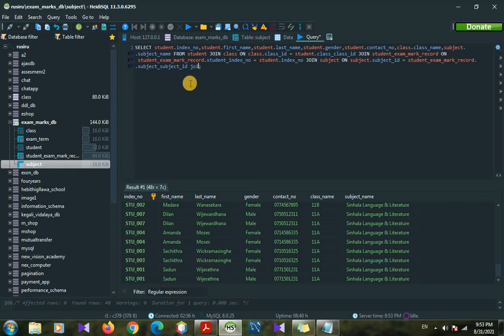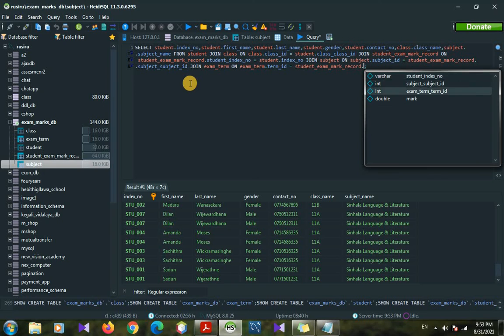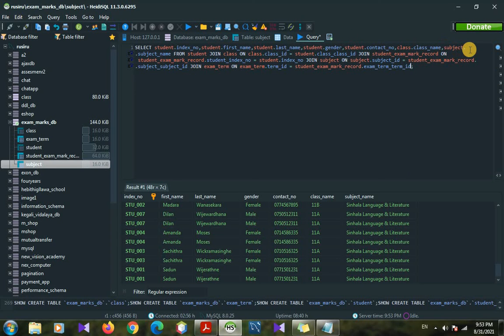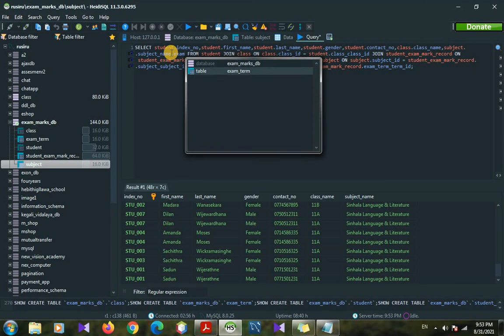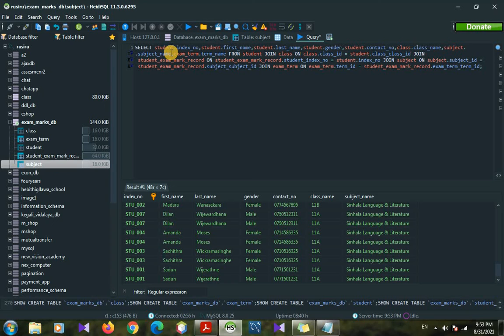So here we put the join, then the table name exam term, then using the ON keyword, exam term table dot term ID equals student exam mark record table dot term ID. So now we can put another comma here, and we can give exam term table dot term name, comma, exam term table dot exam date.